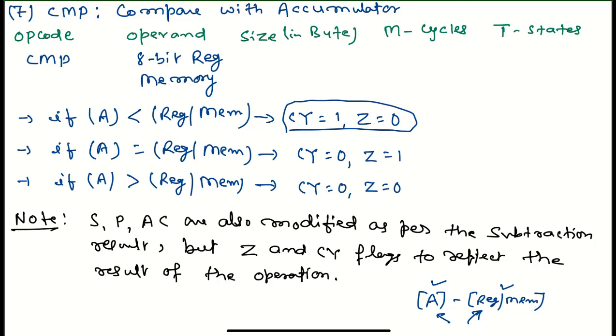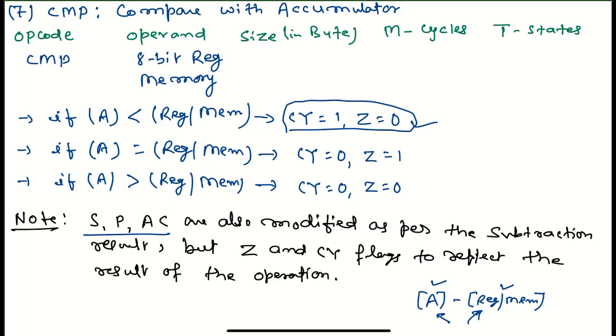So the intention here is, as per the subtraction, the sign, zero, and parity flags are also going to change, but whether A is greater, lesser, or equal can be identified by testing the carry and zero flags. So that is the intention here. Now I can give you more clarity on this by taking an example to compare two